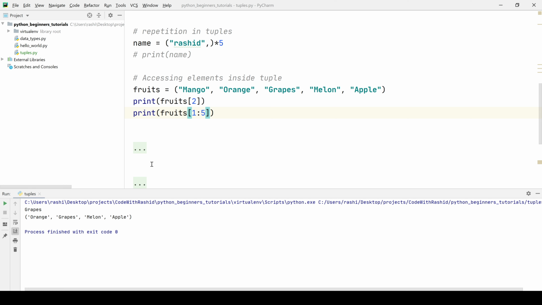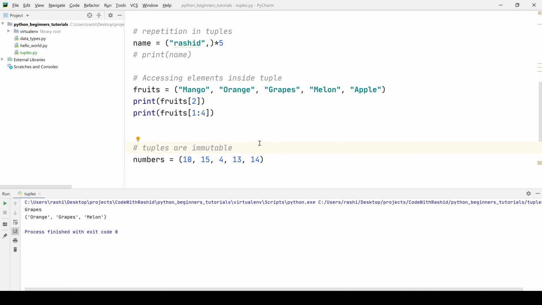We have also got apple. So 0, 1, 2, 3, 4. If we want to get the value up to melon we need to write here 4. So it will fetch all the values from 1 up to 3 index. After running the program, we can see that we have got orange, grapes and melon.